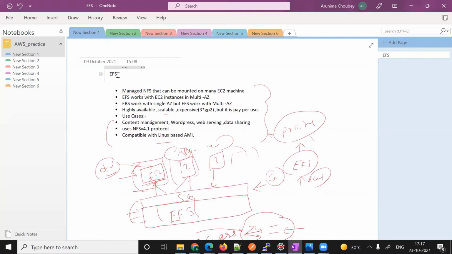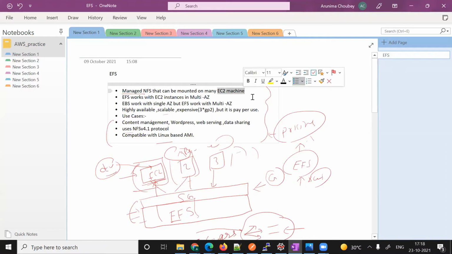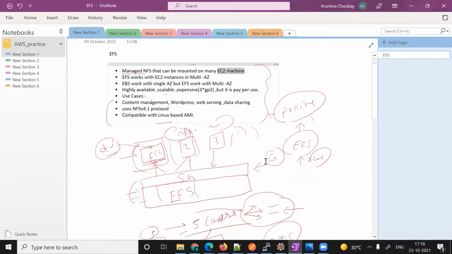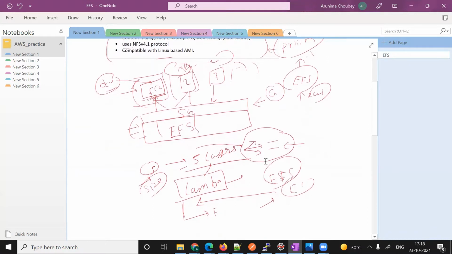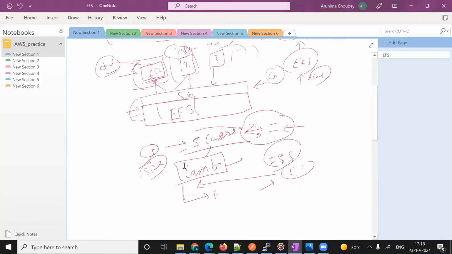In my last video, I explained about EFS and how to mount EFS in multiple EC2 machines. Now in this class, we are going to learn deploying more packages. When we are using Lambda, if you need any package whose size is large, or you want more than 5 packages deployed, you can create a maximum of five layers only.